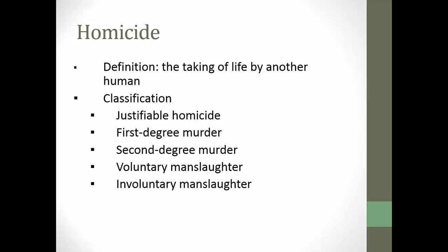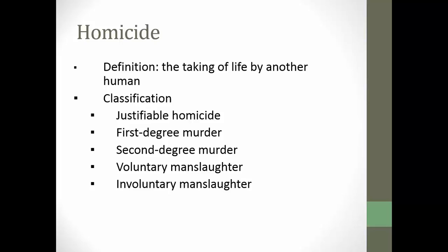In terms of criminal homicide, usually we rank them in first degree and second degree murder, and then voluntary and involuntary manslaughter. In terms of the difference between first degree and second degree murder, both are intentional, meaning that you intended to kill somebody. The difference is that in first degree, the murder was planned. You thought about it ahead of time, made a plan to kill somebody, and then you followed through.